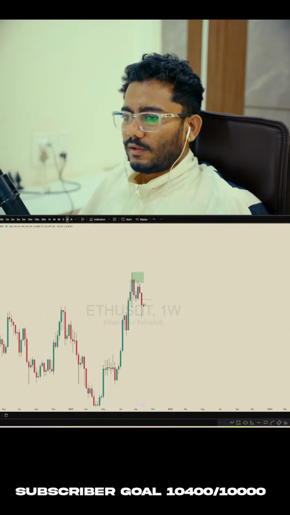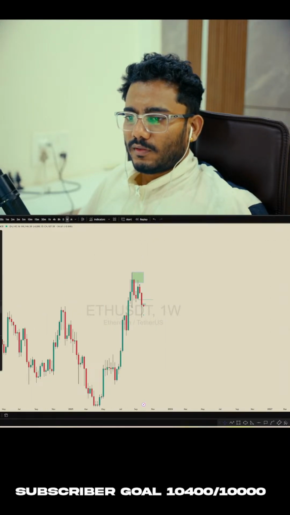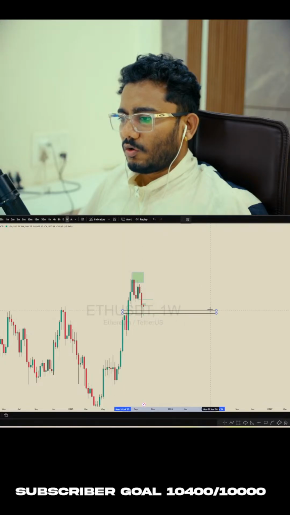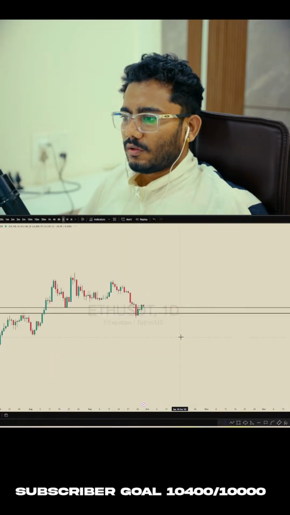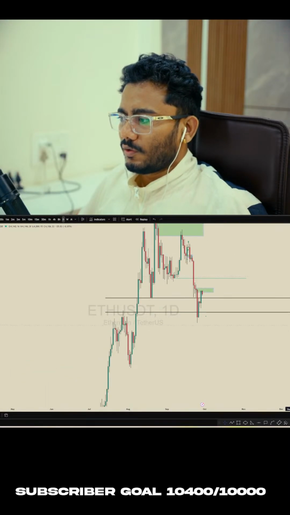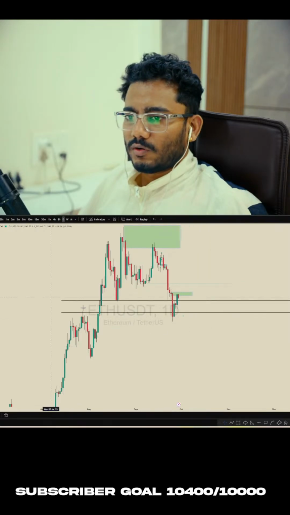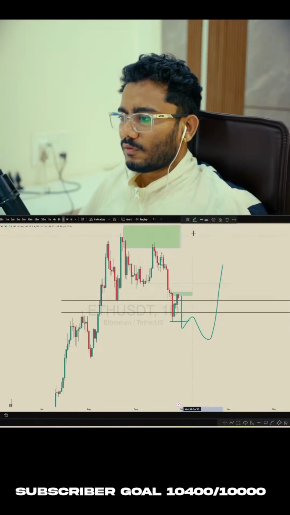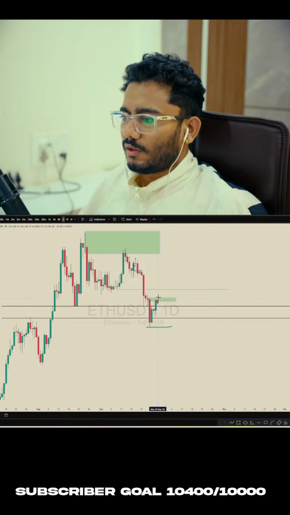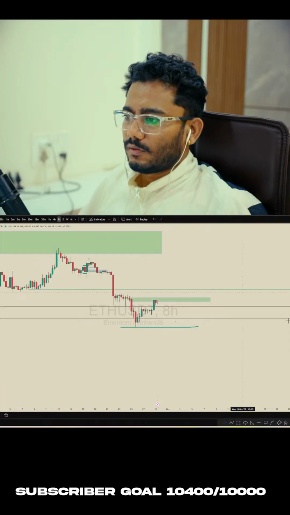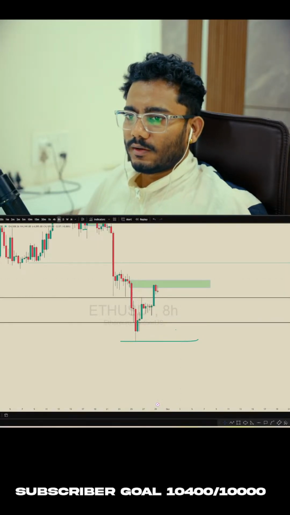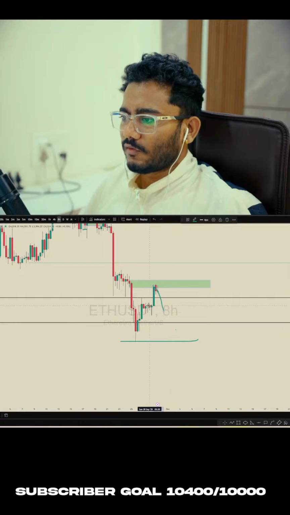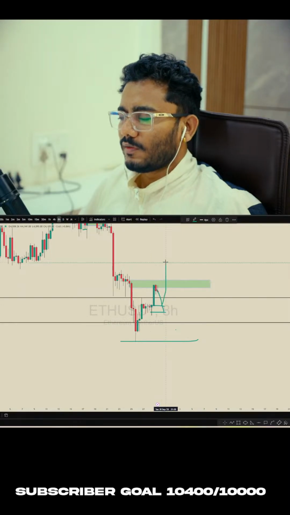So if you look at weekly, then price has fulfilled this weekly order block, like it tapped the weekly order block. So I don't think it will continue, like it will not take out this low. I think so. I'd like to see a reaction to the upside from here, but this will just be a pullback till the 8 hour order block, and then we could see a sweep of liquidity or a continuation to the upside because there is a trend line liquidity over here.